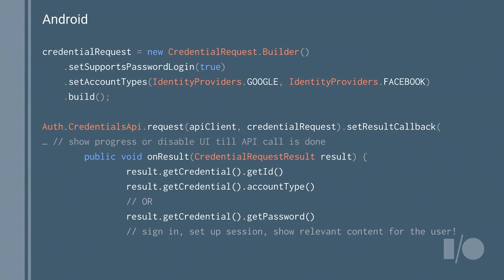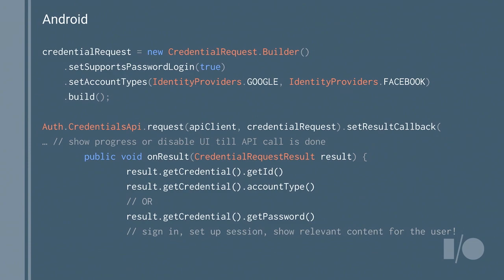A credential request has a few properties. You basically specify what types of credentials you can support on this platform, whether it's username and passwords, or whether you'd like a pointer that says, hey, this person has signed in with Google or with Facebook, and it's that provider you need to talk to get a token to authenticate this user. So once you've constructed the request, you pass it into our request API, and then you'll get called back with any results that are available, or you can just proceed to a normal sign-in if there's nothing.